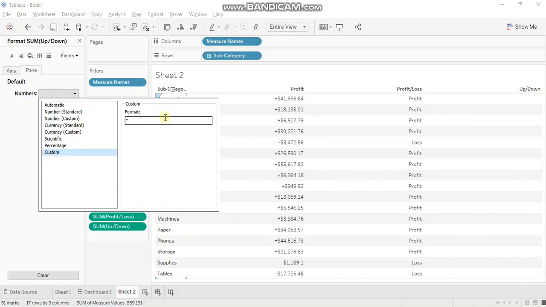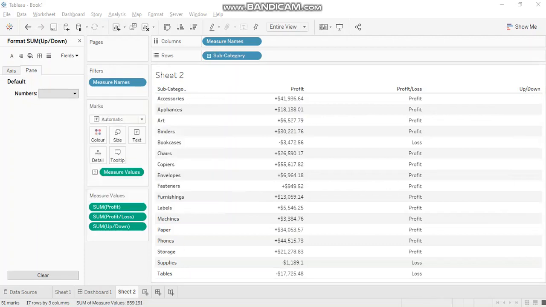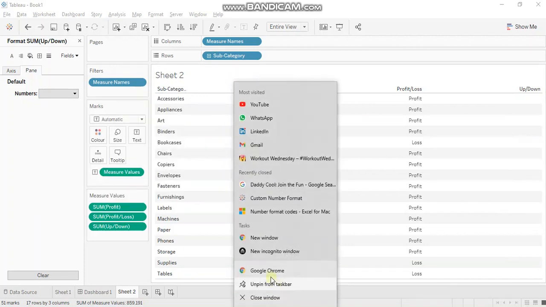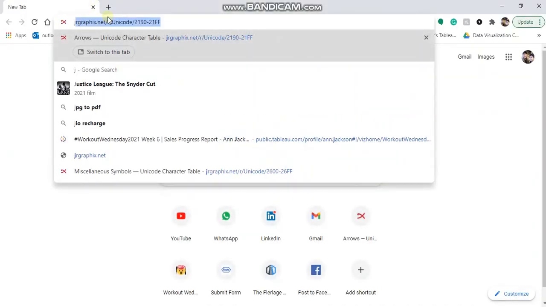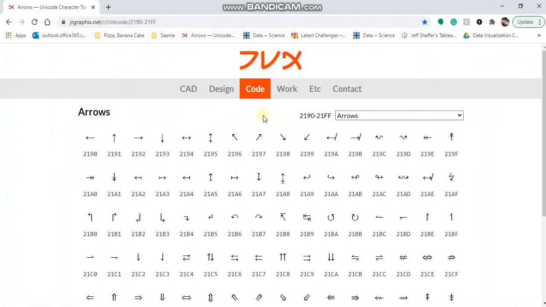So putting a double quote here, and I'll open a website, jrgraphics.net. This website will allow you to have your shapes or symbols in text format. So you can simply copy paste from here.